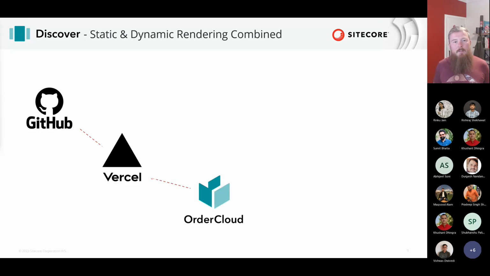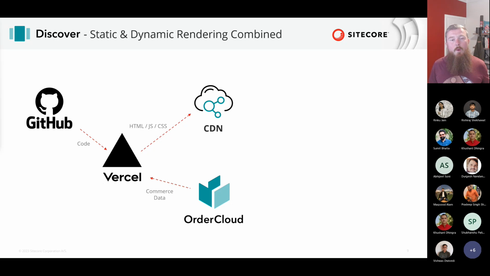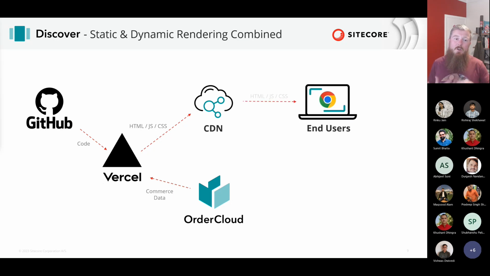Well, when you do a build with Vercel, it pulls in your code from GitHub, and it pulls in your commerce data from Order Cloud. It combines those two together in the build process and produces a bunch of static assets, which it publishes to the Vercel CDN. What happens then is your end users come along and browse to your site, and